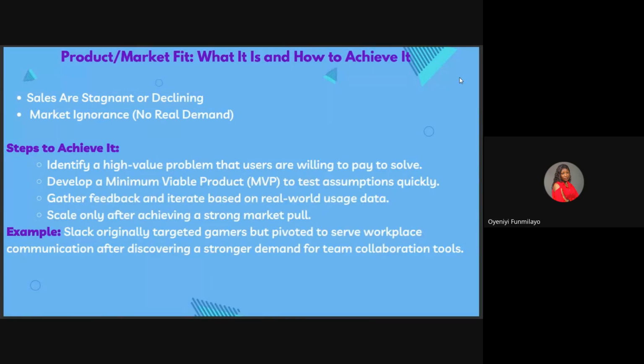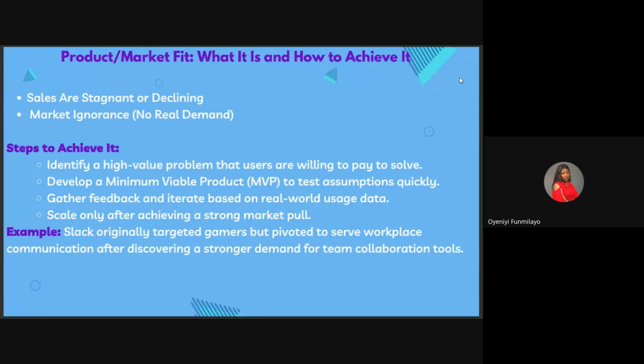But they are building it. I don't know if they don't conduct user research, but one way to do this is just find out your users' problems and refine it such that users will be willing. There are some apps that give you so much value that if they say it's 10,000 naira, you will pay for their subscription. Netflix, for example, is entertaining us. Some people, because of the relaxing value they get from watching a movie, are always willing and ready to pay for that subscription.